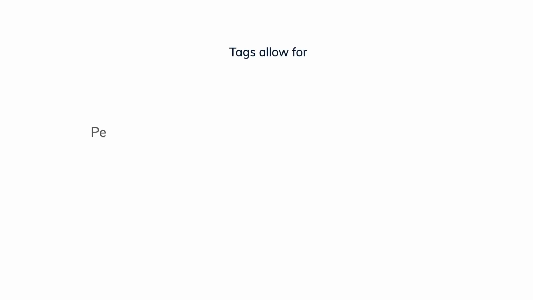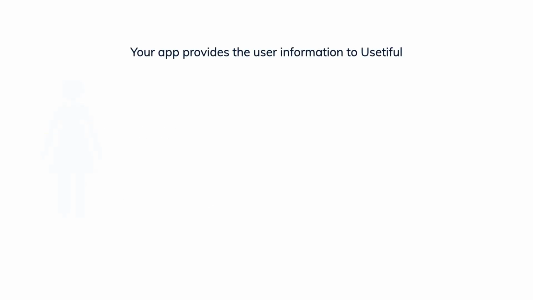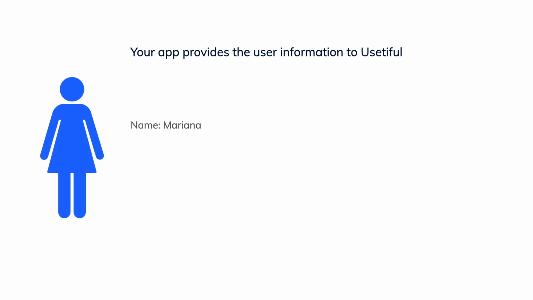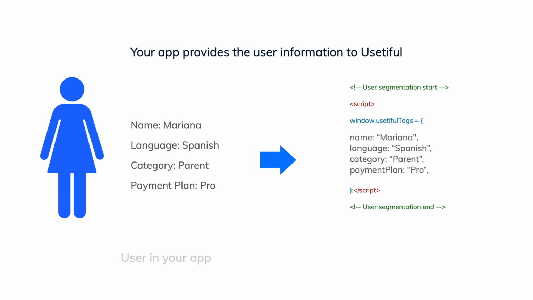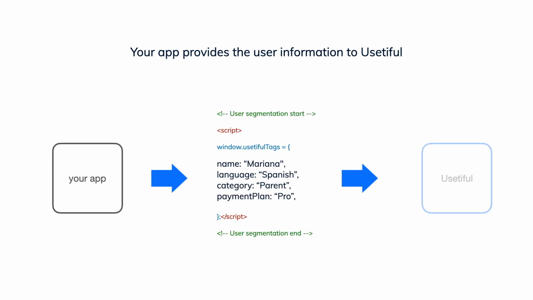Tags provide Usetiful with additional information about end users, information which you choose to send. This information can be used to personalize the tour content and to target tours to specific user groups within your application. What happens next? When the page is loaded, your application adds the information to the tags section of the